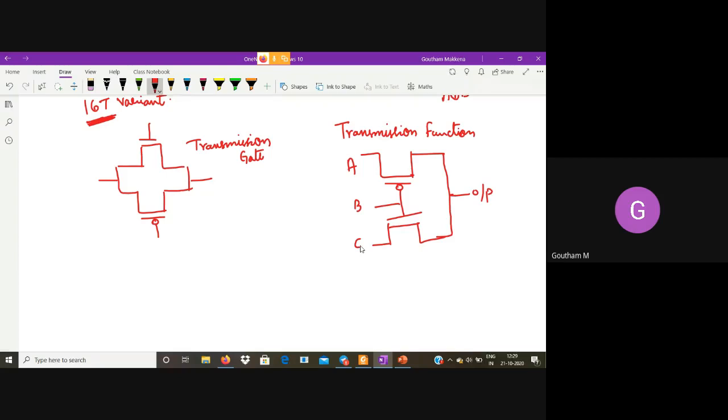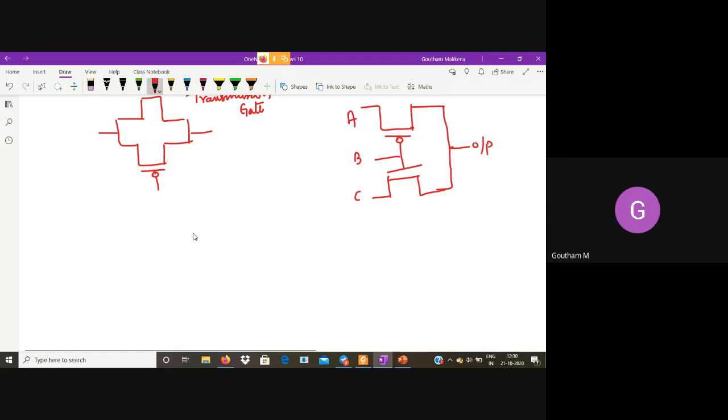Can anybody tell me the output in terms of A, B, and C? No problem. The simplest way is to do the truth table analysis. I'll make you do it, don't worry.